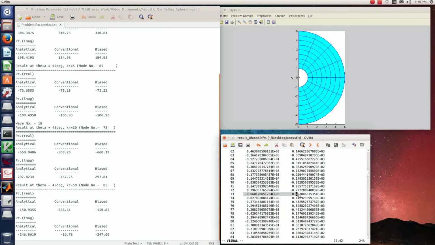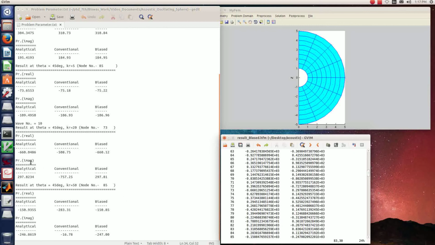At node 73, you can see the real pressure is minus 660 and imaginary pressure is 297, whereas at node 85, real pressure is minus 150 and imaginary pressure is minus 247.